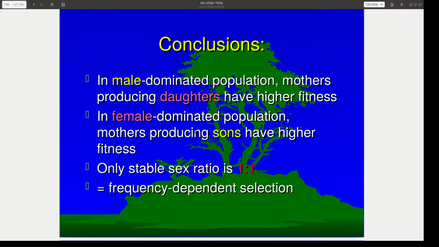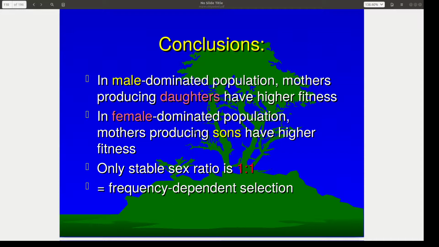Is Fisher's argument correct? Is this the true reason why sexes are roughly 1-to-1 in most dioecious populations? Well, the truth of his argument would be supported by any exception to the rule of the 1-to-1 sex ratio. So if you find exceptions, then that will give you some insight into the logic. So the exceptions do occur, and they occur when a mother's offspring